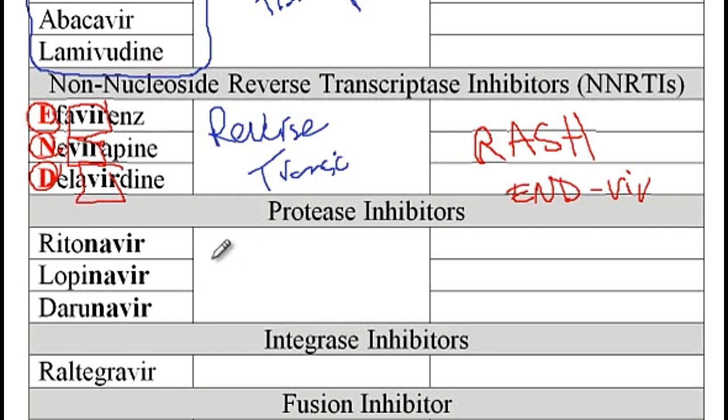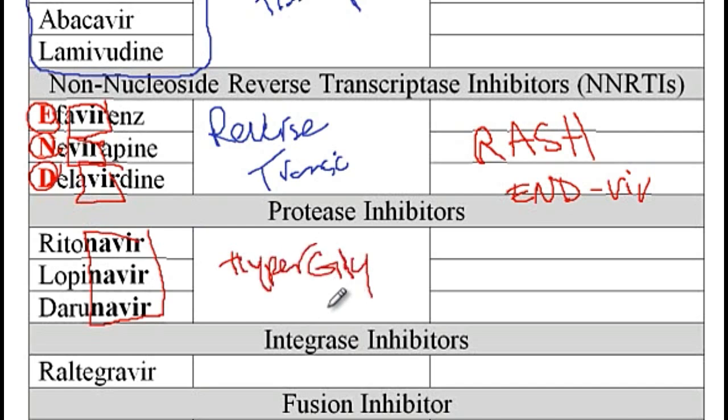So if you recall, I said once the polypeptide is made from the mRNA, protease has to break them down into smaller functional proteins. And all of these protease inhibitors, their name ends with NAVIR. And their main side effect is hyperglycemia and hyperlipidemia. So how I memorize that is that if you recall the thiazide